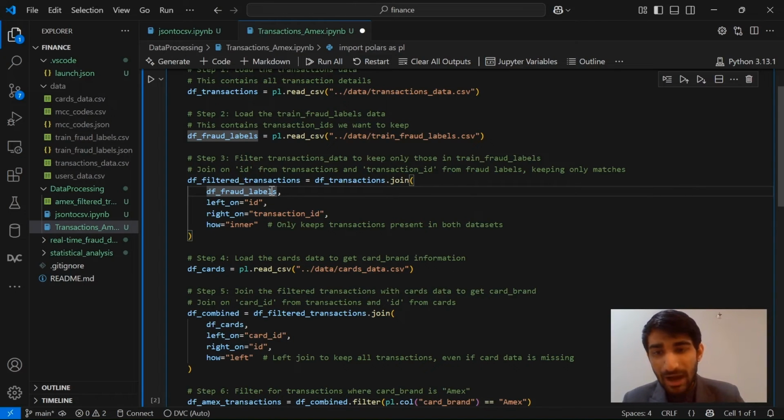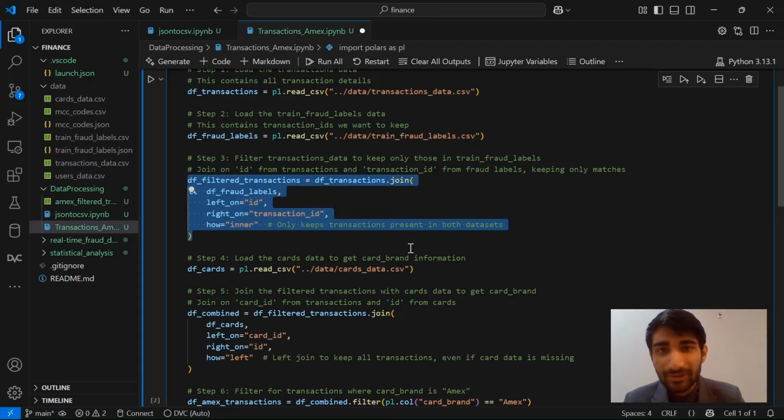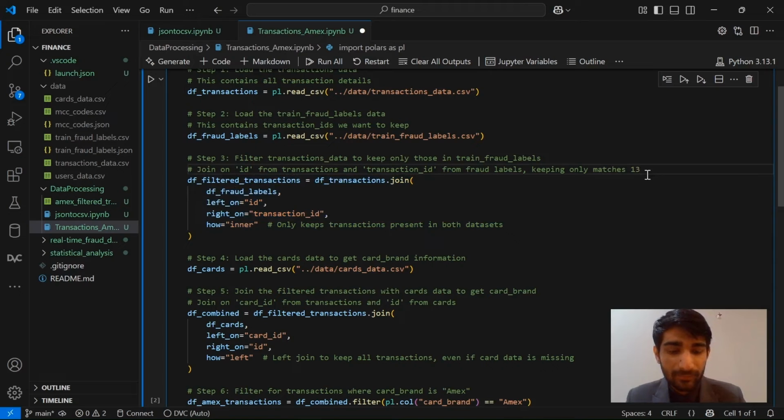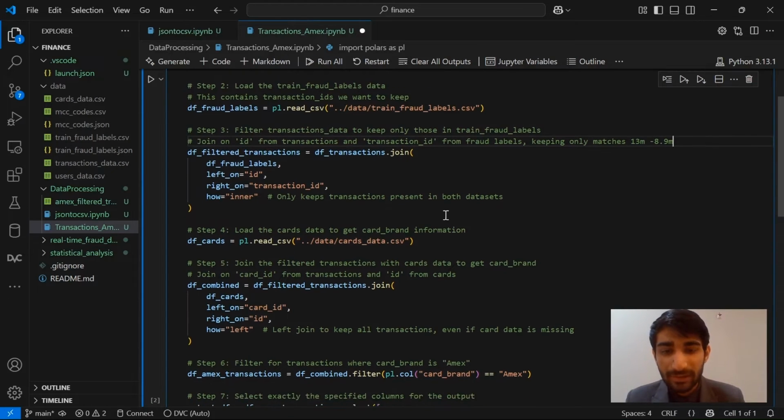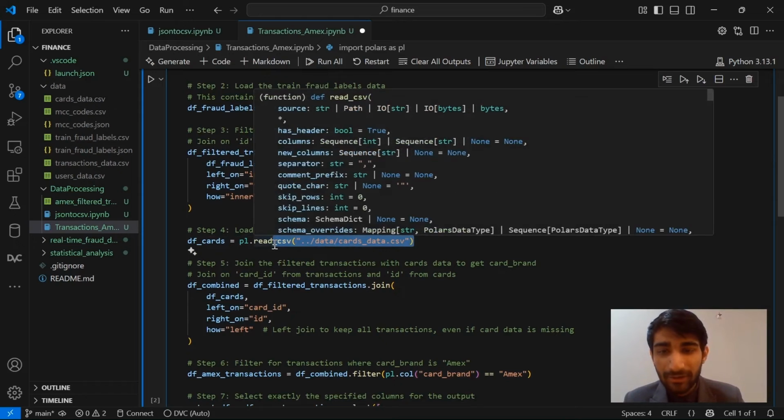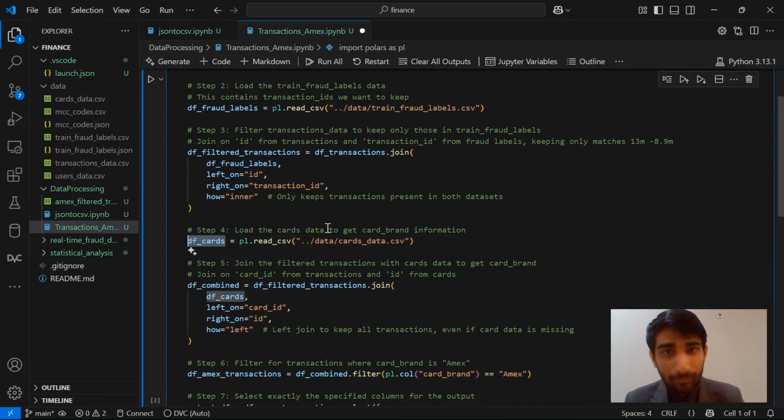So after doing this step, we have filtered the value. So now from 13 million, we cut it down to 8.9 million, which is again a big fat number. So what we will do is we will import this card data over here and convert it into a data frame using polars this time, because it's much faster than pandas. And since for this conversion also I'm working with the fraud label file, which is 153 MB, and the transaction file, which is again 1.2 gigabytes,